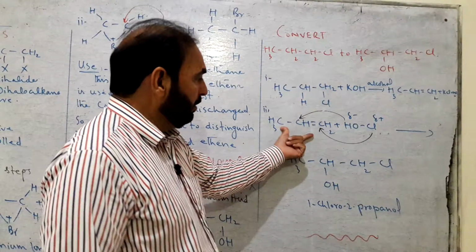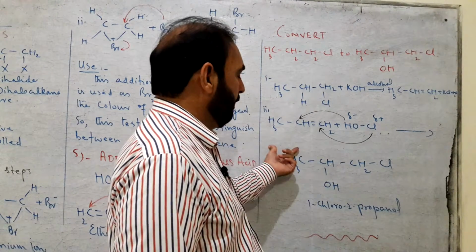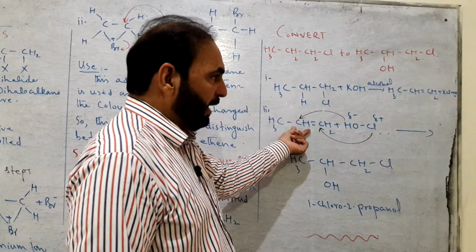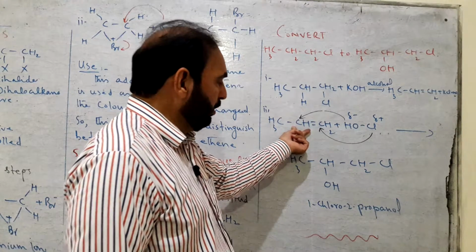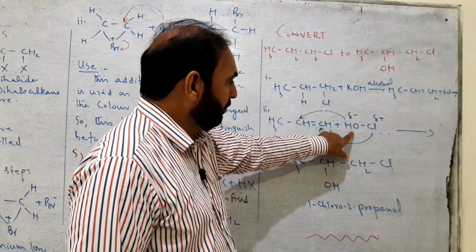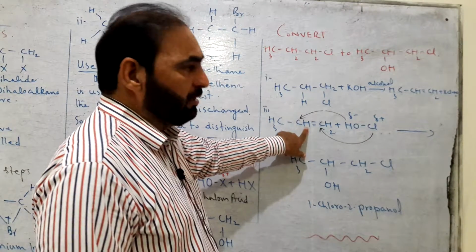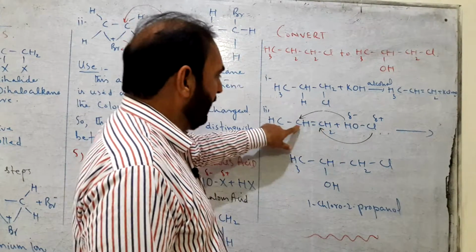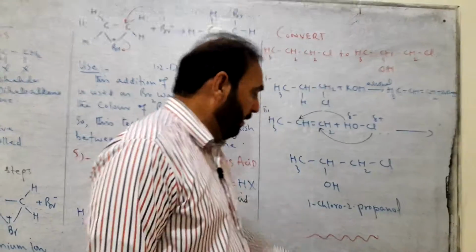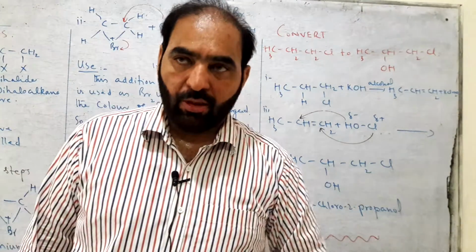When propene is formed, then we add hypochlorous acid to propene. The OH part of the molecule, which is partial negative, goes to CH. By Markovnikov's rule, the negative part of the adding molecule will go to that carbon of the double bond which contains the least number of hydrogen atoms. OH is attached to the middle carbon and Cl is attached to the second carbon of the double bond to form 1-chloro-2-propanol. So these are the 5 addition reactions of alkene.